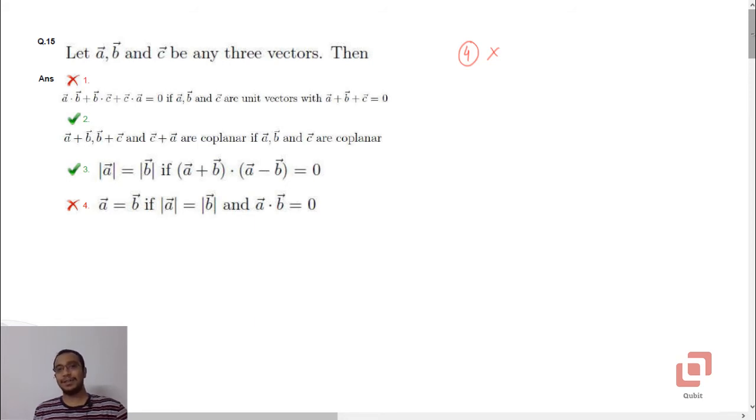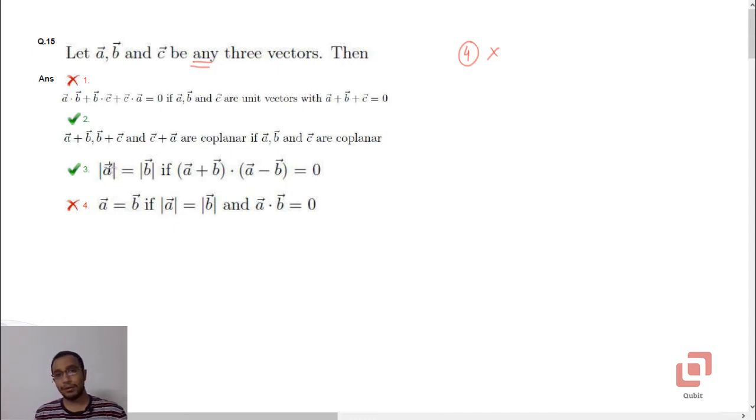In this video we are going to solve the last question from the mathematics section of NEST 2020 session 2. This question is based on vectors and properties of dot product. The question reads: let A bar, B bar and C bar be any three vectors, then